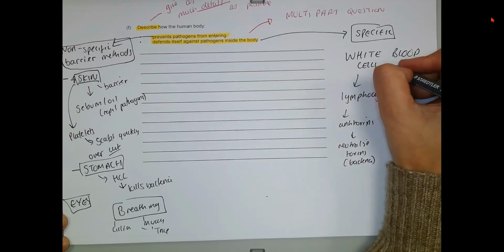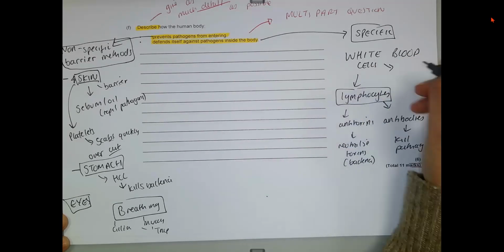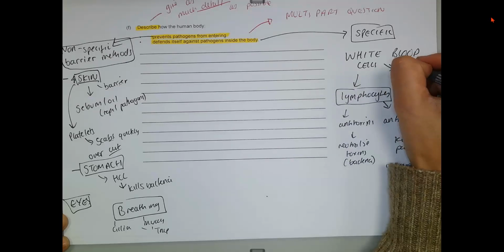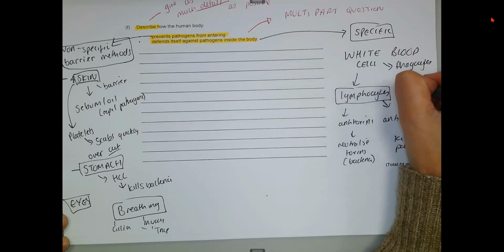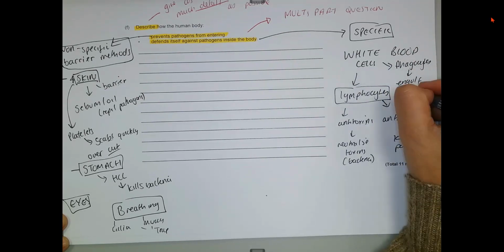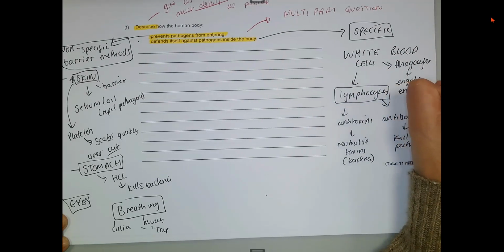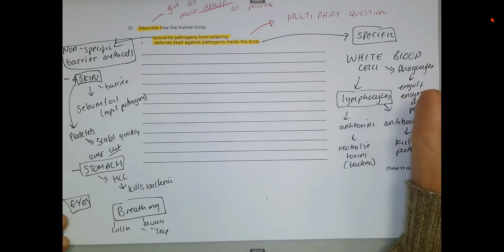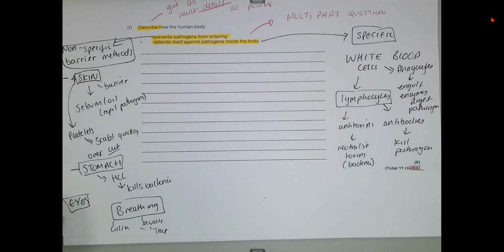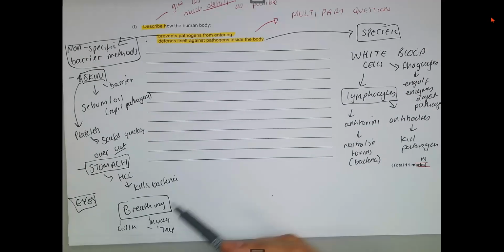White blood cells, so that's one type, but we know we've also got phagocytes, and these phagocytes will engulf the pathogen, release enzymes to then digest and kill that pathogen. So these are specific, and it's once this barrier method had failed, this is the next